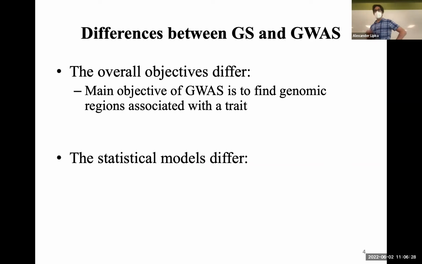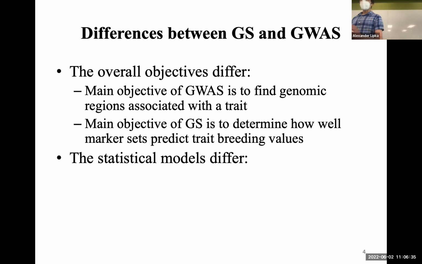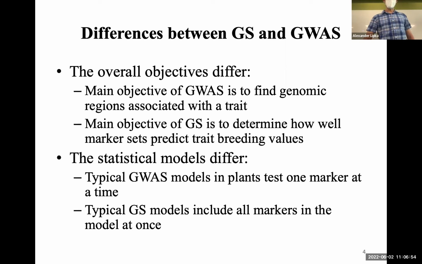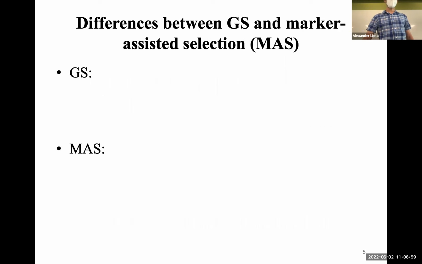The main objective of a GWAS is to find genomic regions associated with a trait, okay? In contrast, in GS, what we want to do is see how good of a job our marker sets can predict breeding values of traits, okay? Also, their statistical models are different. A typical GWAS model will test one marker at a time. Meanwhile, a typical genomic selection model will include all markers in the model at once, okay? So here are the differences between